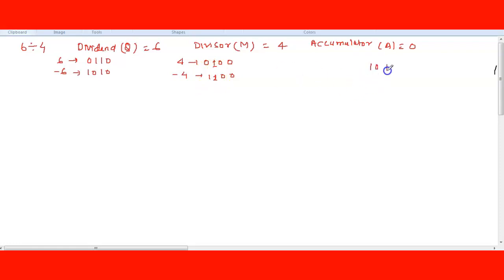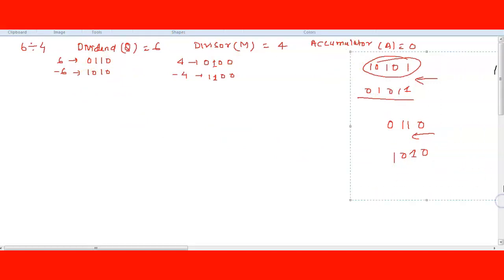Consider any number is given, like 1 0 1 0 1. If you want to find the second complement, from the right side you copy the number as it is till you get the first 1. Here, at the first position only we got the first 1, and now you complement the rest, giving 1 0 1 0. So this will be the second complement of this value. Similarly, for 6, 0 1 1 0, we have written: copy the number 0, then this is the 1 we got, now complement the rest, 0 and 1. So we got 1 0 1 0. So this is how you can find the second complement of any number.